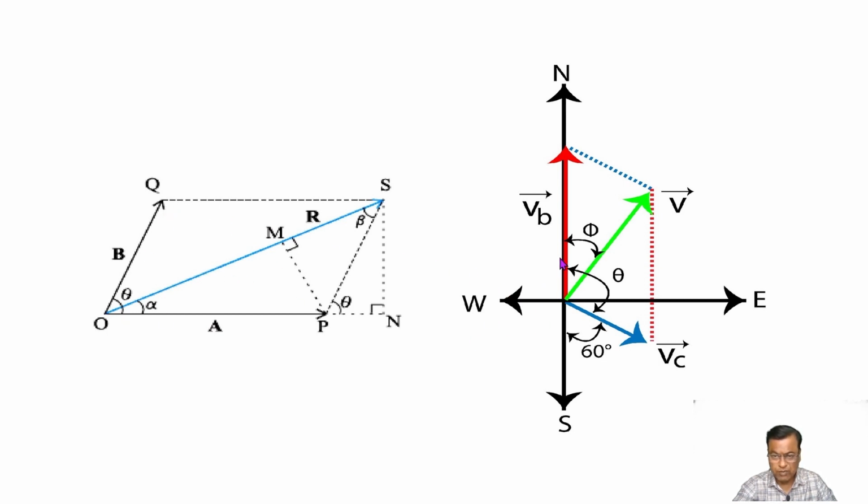यहाँ VB वेक्टर को हम A वेक्टर लेंगे और VC वेक्टर को B वेक्टर लेंगे, तो दोनों के बीच का एंगल थीटा है। ये रिजल्टेंट वेक्टर है, तो यहाँ रिजल्टेंट वेक्टर R है, R वेक्टर A वेक्टर के साथ अल्फा एंगल बनाता है। यहाँ R मतलब V वेक्टर, ये A वेक्टर हमने कंसीडर किया है, इसके साथ फाई एंगल बनाता है।